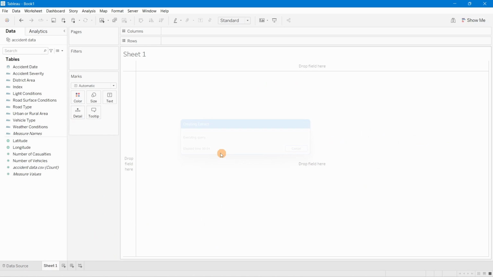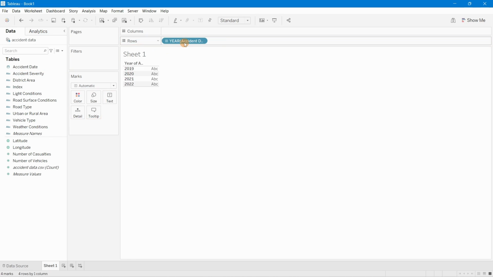So as soon as you click, it will extract all the data which you have in the CSV file, and it will store it in that particular file, and it will bring us into a new sheet, right? So now whenever we are building anything, let's say whenever we are taking an accident date,